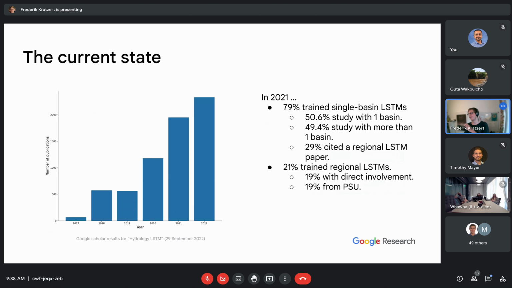And I hope that my talk today, and also whatever will be published in the next years, will change these statistics, and over time people will understand that if they use LSTMs, they have to rethink how you should train a hydrology model, because it's just a different kind of model, and we should not apply a deep learning model in exactly the same way that we applied hydrology models over the past decades.